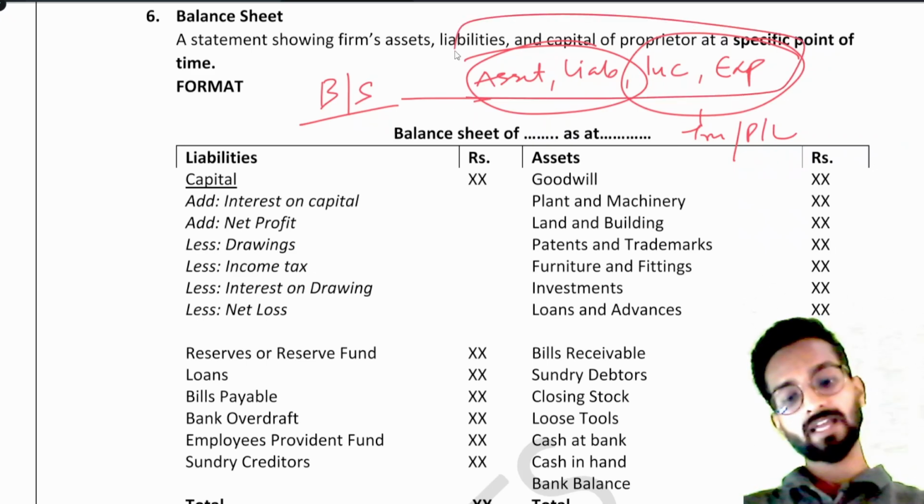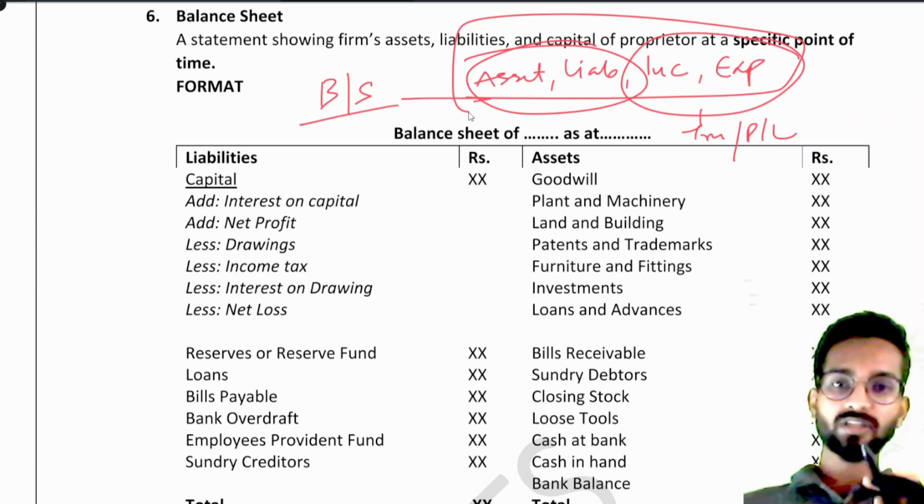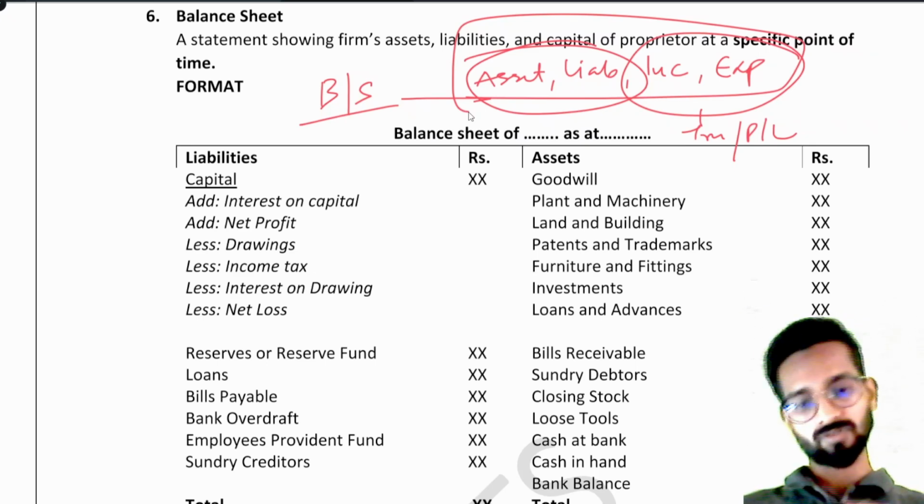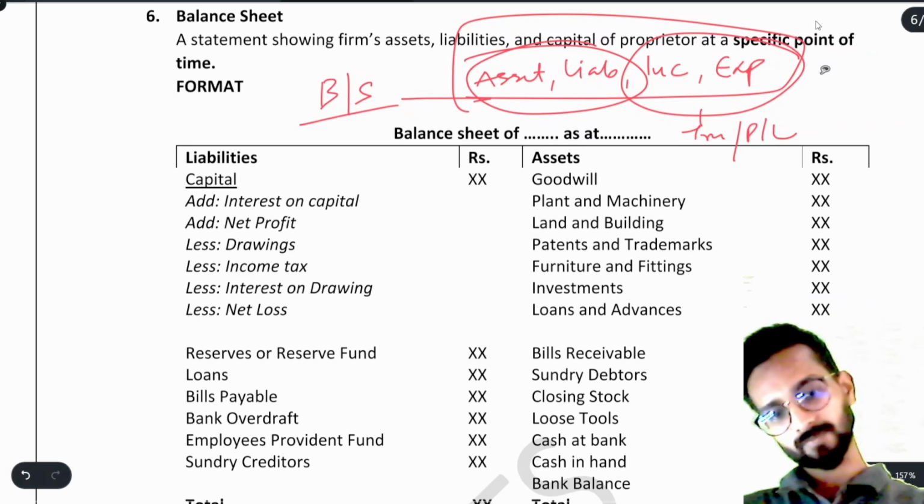All the 4 pillars, and I have already told, if you understood these 4 pillars, entire accountancy becomes easy. But understanding this will take a lot of effort and a lot of time and a lot of solving these capsules. Okay, now